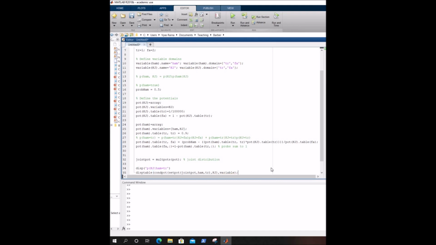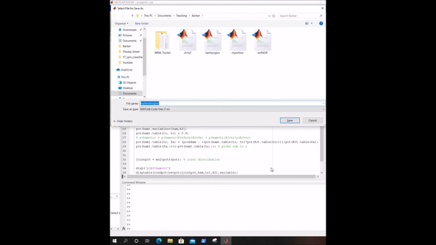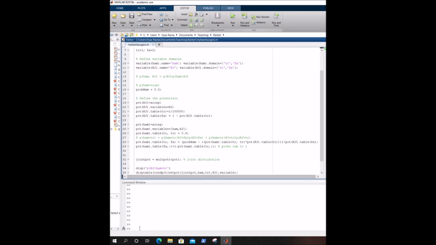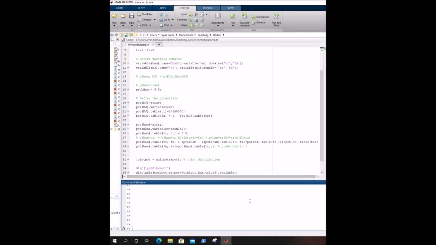Now we will check if our numbers match what is given in the question. I have to save this. I'll just save this as my hamburgers. That's done. Let's run my hamburgers. Okay, so it says the probability kj is equal to true, so the probability you have this disease, Creutzfeldt-Jakob disease, given we know it's a hamburger eater, is 1.8 times 10 to the minus 5, which is exactly what is predicted in the textbook, done through a mathematical calculation rather than